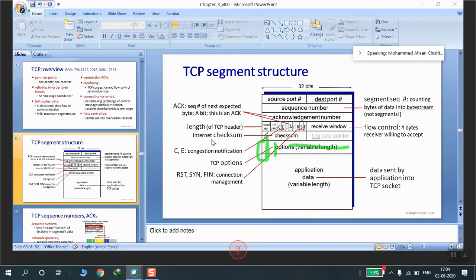Depending upon what kind of option you are dealing with, the next two fields may be set. The next field is option length. It indicates the total length of the option field.